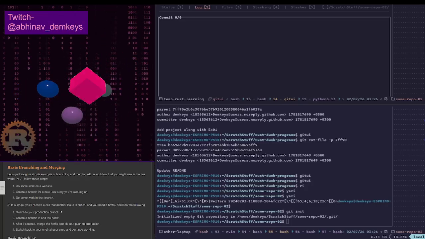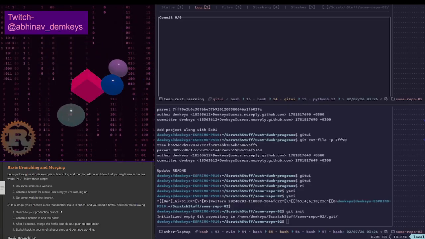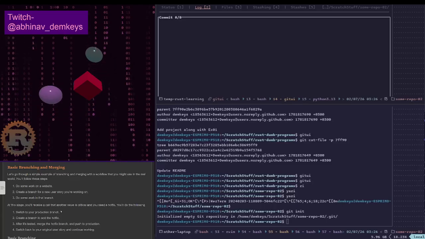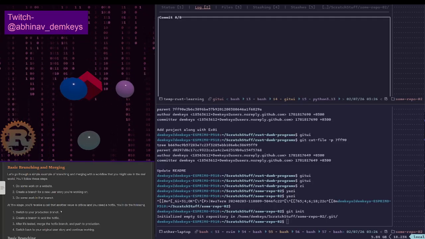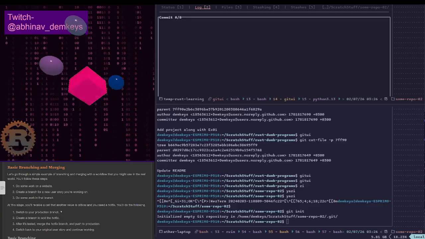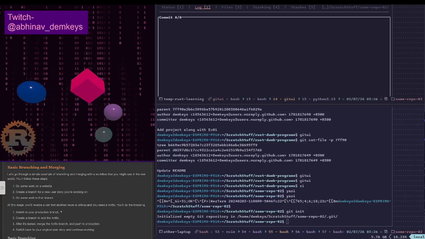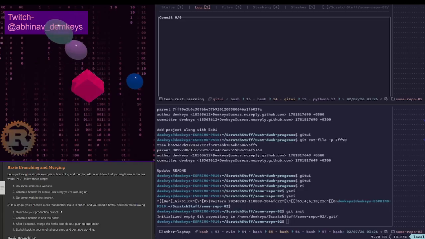So the scenario here is, sorry, zoned out. Okay, let's read through this again. Let's go through a simple example of branching and merging with a workflow that you might use in the real world.